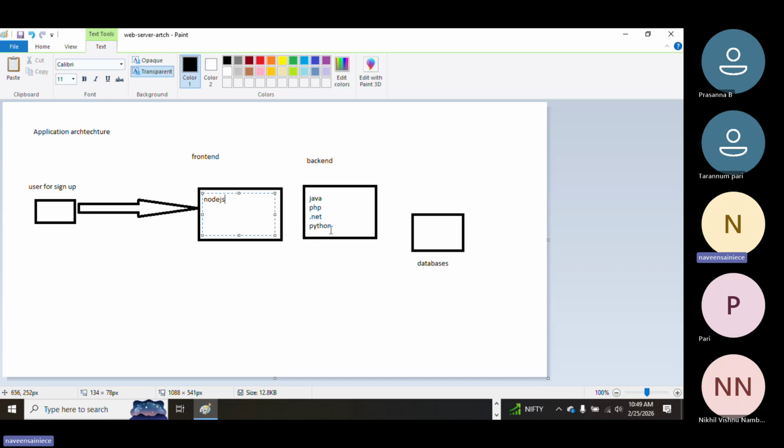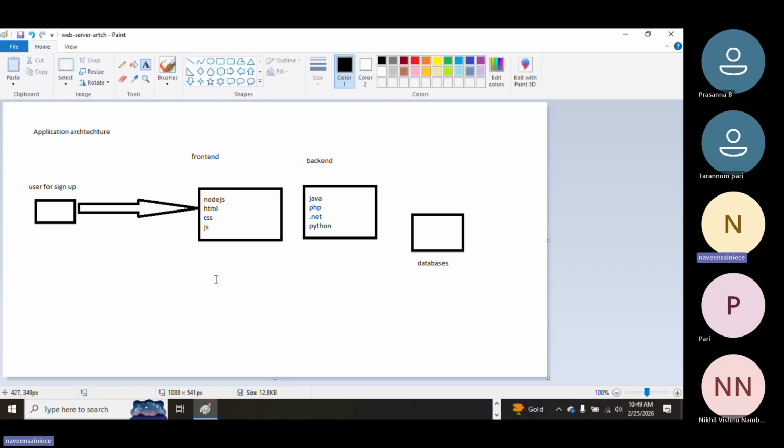Node.js works with both backend and front end. HTML, CSS, JS like that.